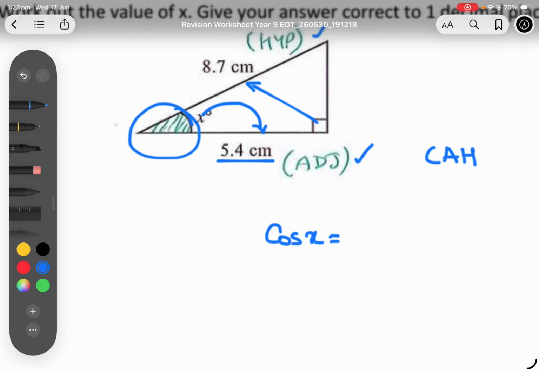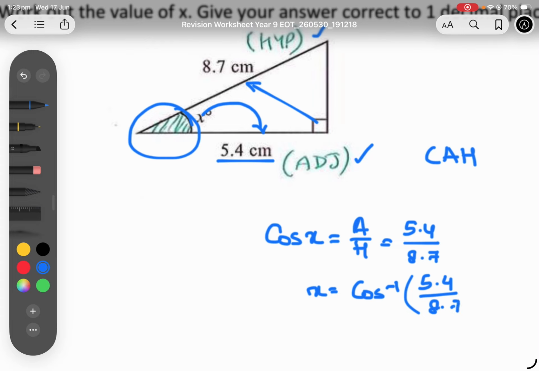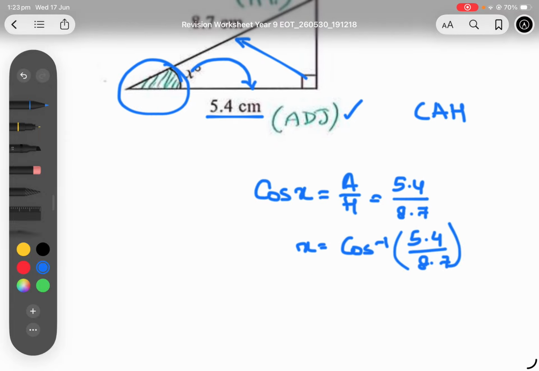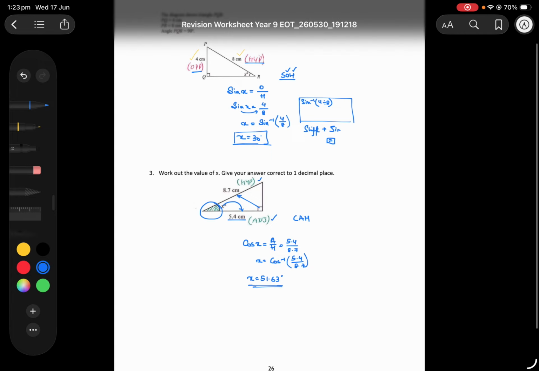Now x is equal to, again it is adjacent upon hypotenuse. That turns out to be adjacent is 5.4, hypotenuse is 8.7. x is equal to cos inverse of 5.4 upon 8.7. So shift cos in the calculator, 5.4 divided by 8.7, that turns out to be x is equal to 51.63, which is the angle that you get. Okay,